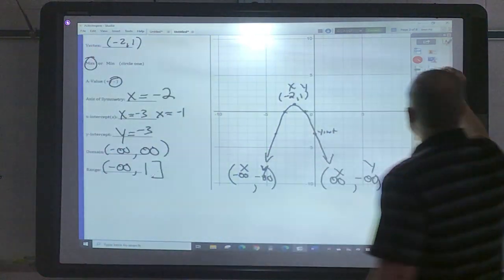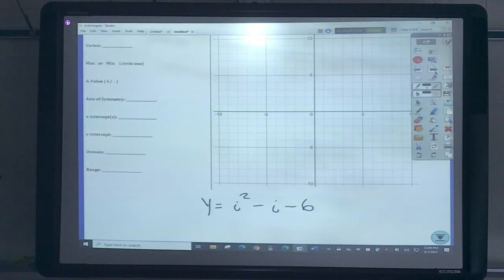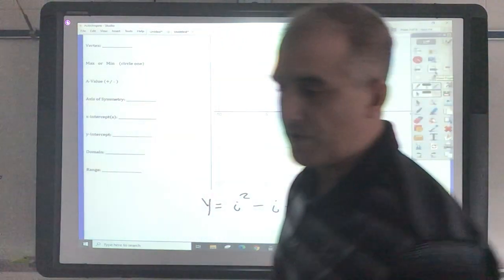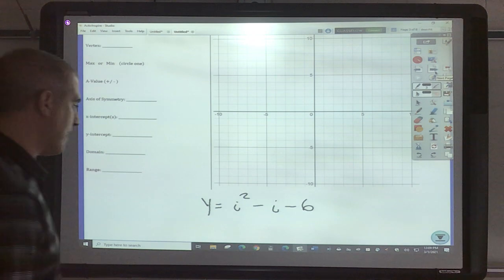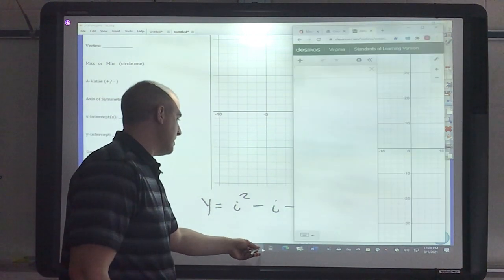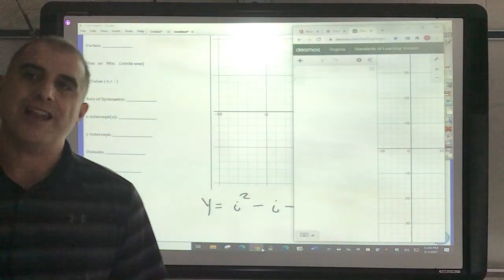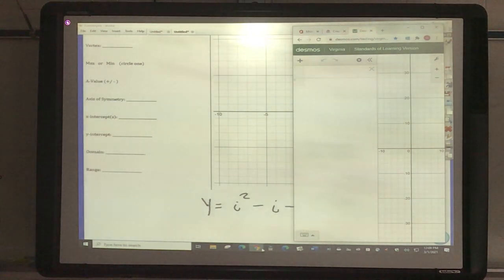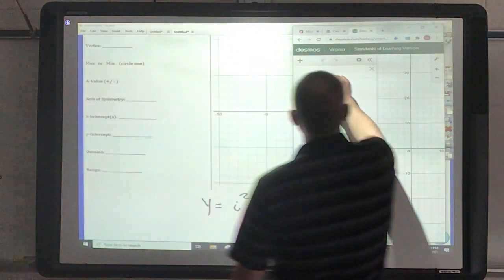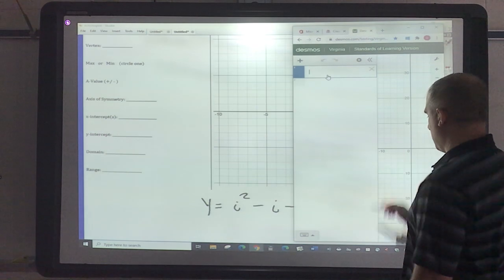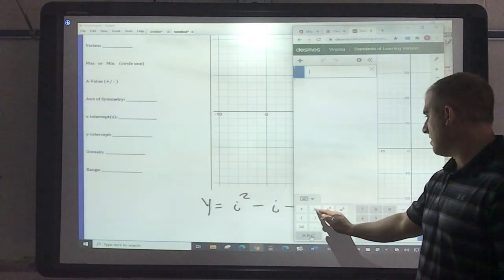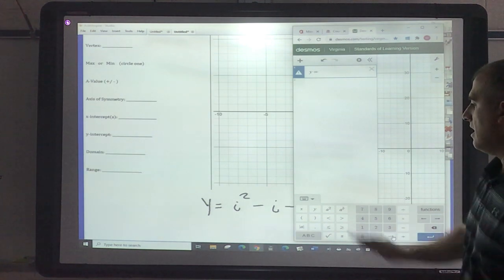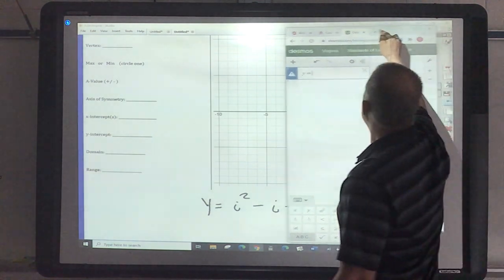Now, we're also going to talk about how do you make the graph. Now, they don't give us the graph, we have to make it. So I'm going to show this in Desmos, and I'm going to show this in Casio. All right, very simply in Desmos, I do y equals, I'm going to type in my function,